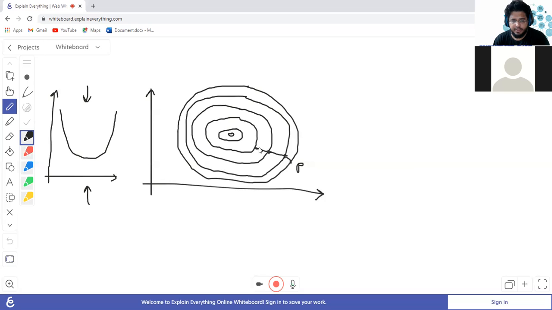Similarly, you reach here, here, and here. So in gradient descent, this path is very less noisy, meaning it goes very smoothly. Why? Because we are taking all the data into account. When you take all the data into account, the change is smooth, the change is